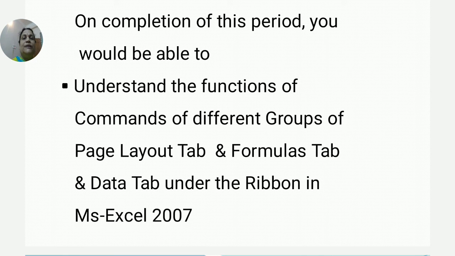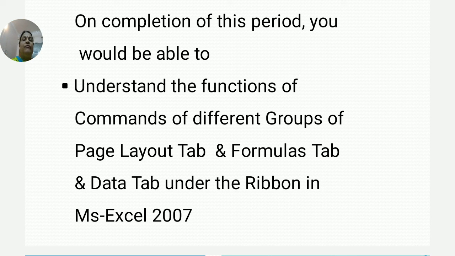MS Excel is used for representing tabular data. It is one of the applications of the MS Office 2007 package, mainly used to represent data in the form of rows and columns.